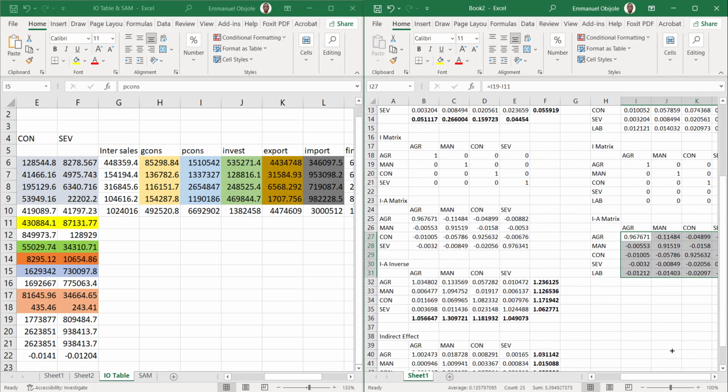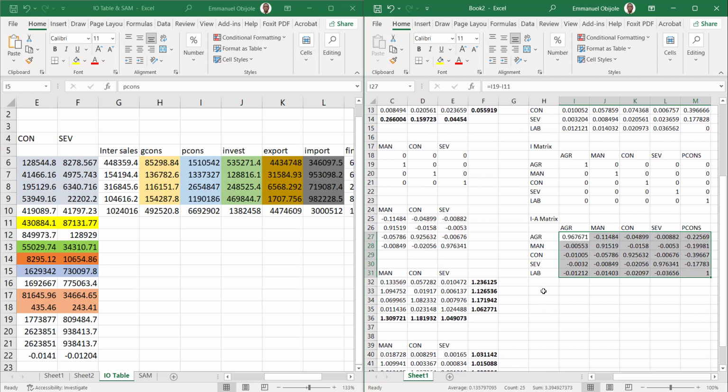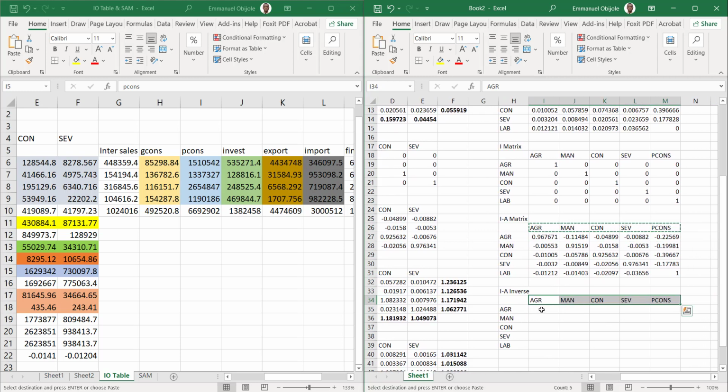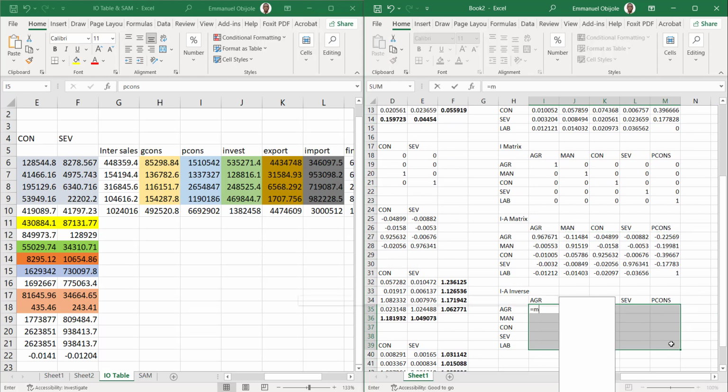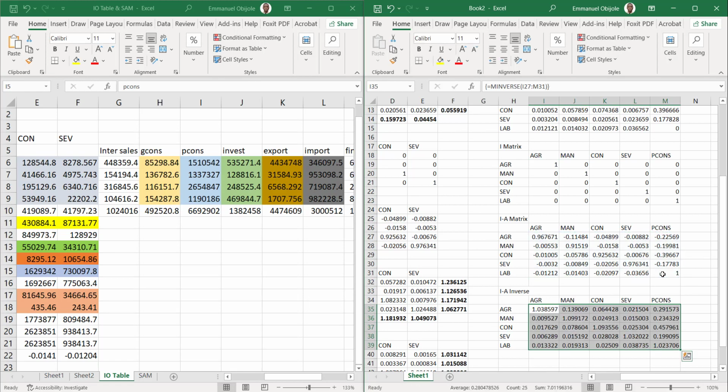Finally, the next one is I minus A inverse. Now for I minus A inverse, with a similar approach, select the 5 by 5 range, type equals M inverse, highlight the sectors and press Shift Control Enter. So now you have your I minus A inverse, and now you can calculate